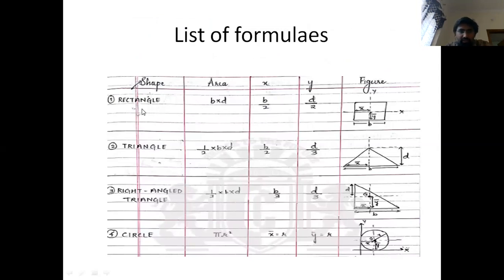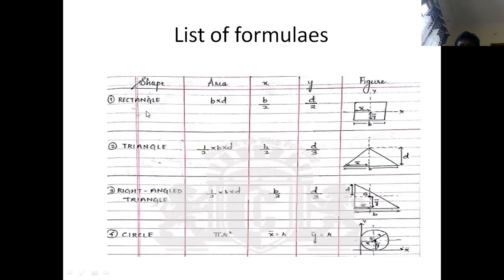Let us take the first shape, the rectangle. Here, one end is a reference axis, and this one is also a reference axis. The entire figure is located in the first quadrant, with this one on the vertical axis and this one on the horizontal axis. These are the two reference axes. The x-axis will be your symmetrical axis, and similarly y-y will also be a symmetrical axis. With reference to y-y, you can cut it into two equal parts, and similarly with reference to the x-axis, you can cut it into two equal parts.